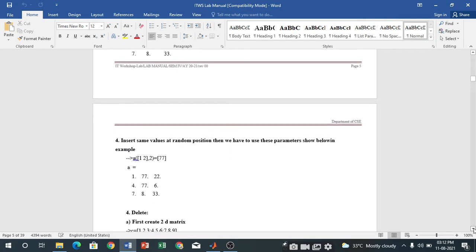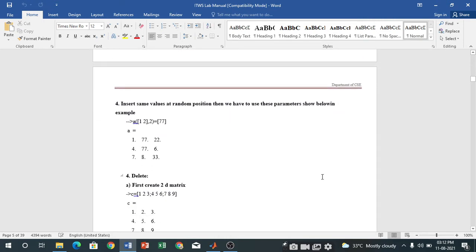Okay, so this is another way to insert a random number at a random position into the given array. In array A, row number 1 and 2, that is the fourth one, at position 2, here you have to add 77.